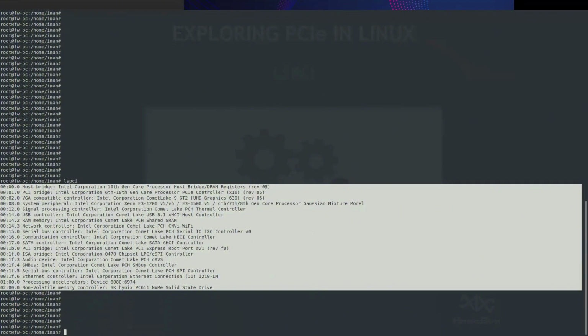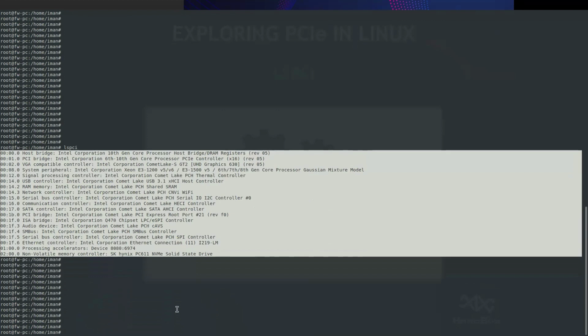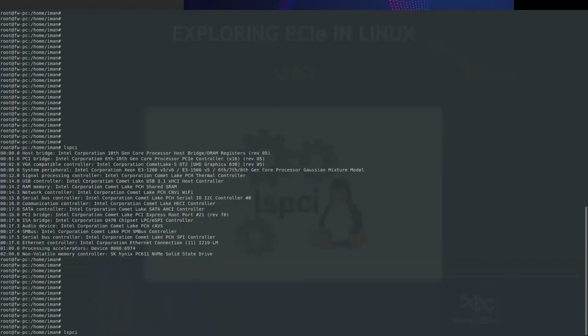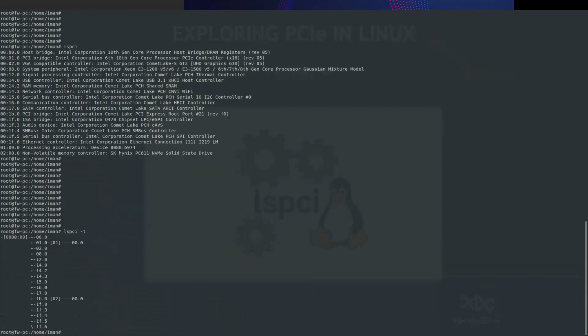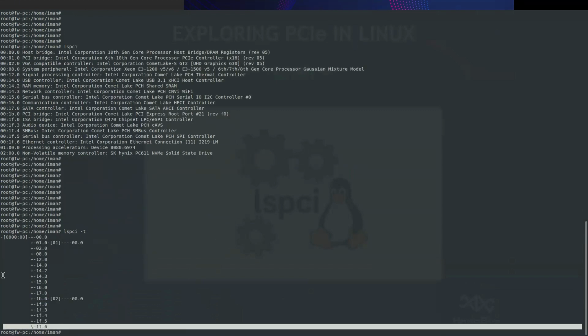And to have a better understanding of the topology, we have different switches for this command. I cannot explain all of them, but some useful switches are, for example, -t, that shows the tree of hierarchy.